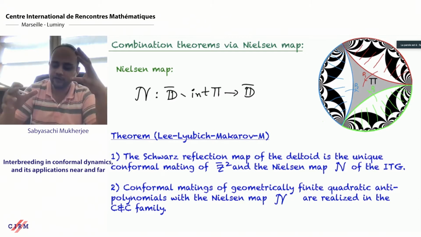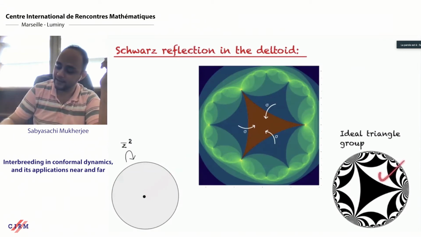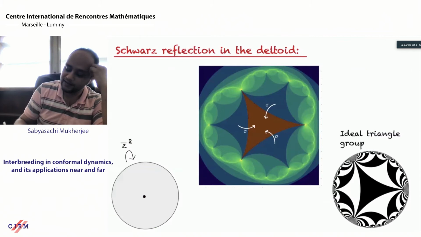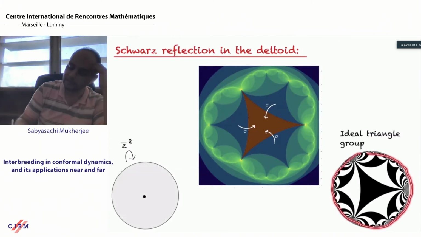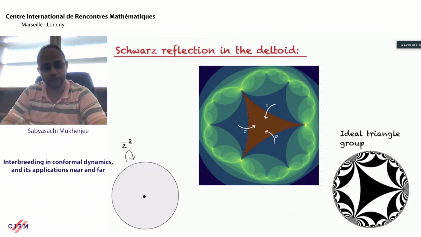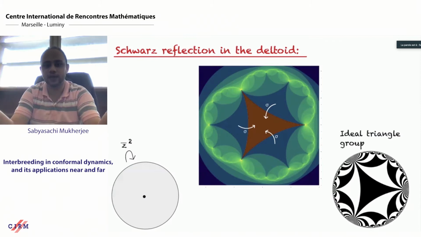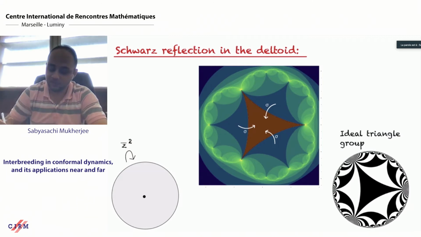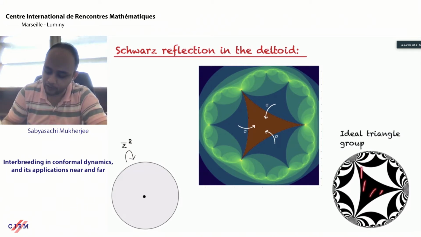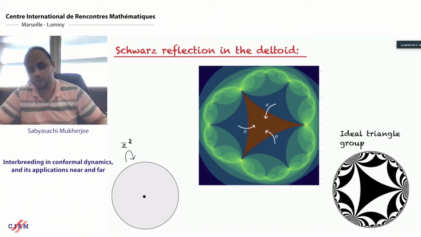You take the lower hemisphere and the upper hemisphere. So you think of this as a lower hemisphere, or maybe upper, and this as the lower hemisphere. You observe that the Nielsen map restricted to the circle is actually an orientation reversing map of degree 2. So there is a topological conjugacy between these two boundary actions, and you glue these two spheres using this conjugacy. Once you do that, you get a topological two-sphere with a topological map defined on the whole sphere minus whatever is represented by this region. So you get a partially defined dynamical system on a topological two-sphere.